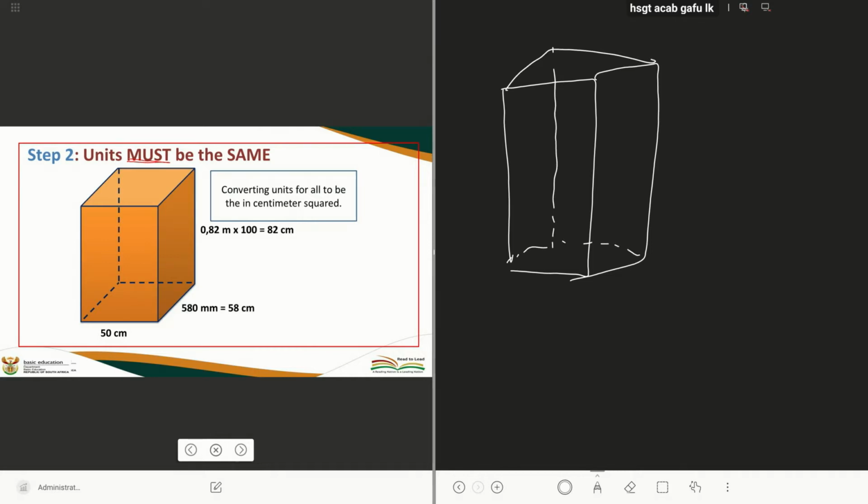We are just converting this one, which is 0.82 meters. And this 0.82 meters, we are converting it using